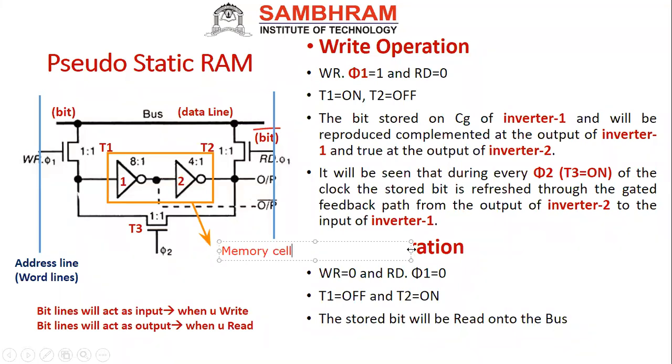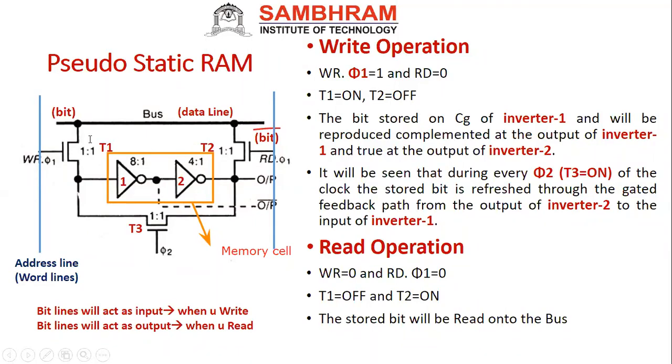Now how many transistors are required? If you consider this is an NMOS, completely NMOS, so an NMOS inverter, and here also one more NMOS inverter, totally 2 plus 2, 4. As I said initially, I hope you remember, if you want to design the static RAM, at least you need 4 transistors. So this is the 4 transistor cell actually.